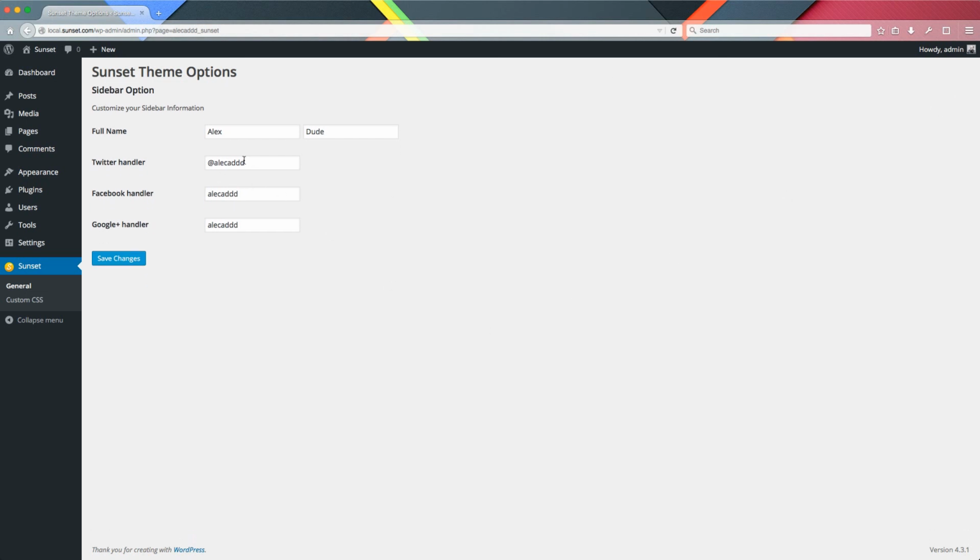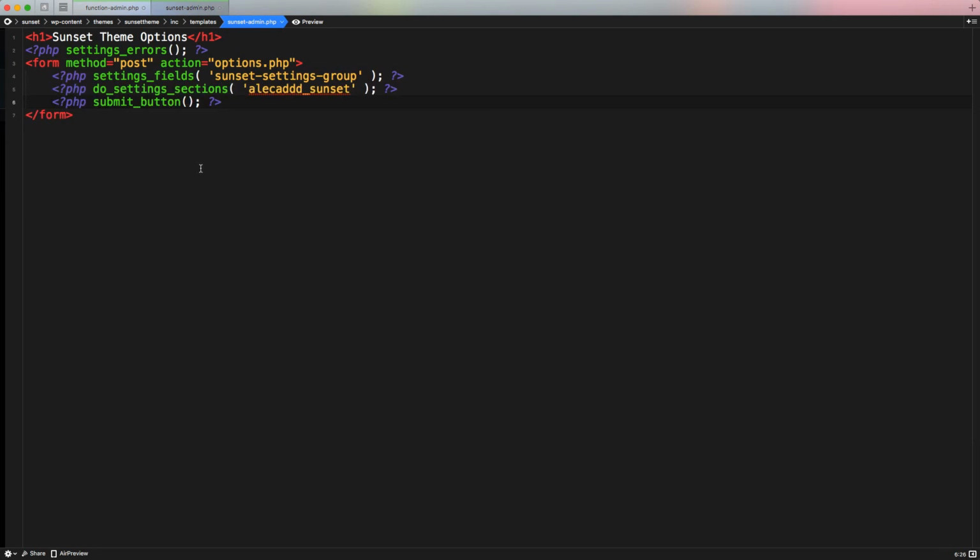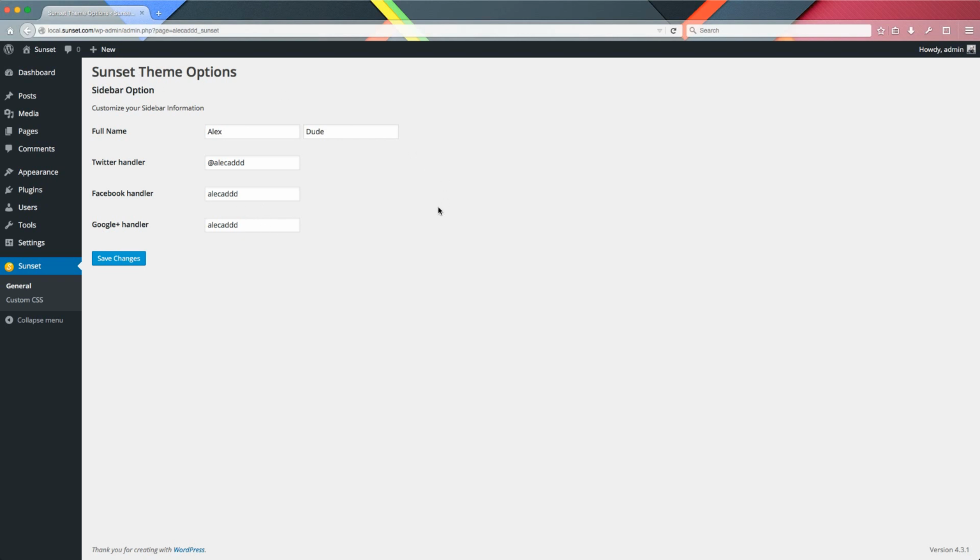So here, I wanna spend a few minutes just to talk about sanitization. So if you notice here, we never specified any sanitization option in the register settings because WordPress automatically handles this stuff, like security stuff, because of the way we created this form, we created this option with the settings API. We don't have to worry about this, but it could happen, as I said in the previous lesson, that sometimes the user inputs something that we don't really want. For example, for the Twitter handler, most of the time the user inputs the Twitter handle with the @ option